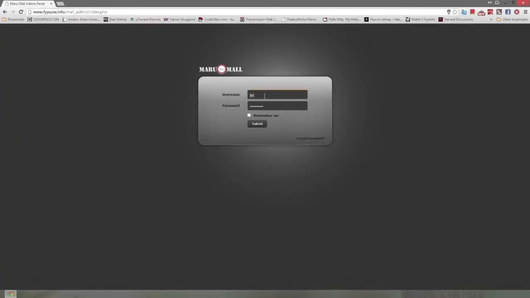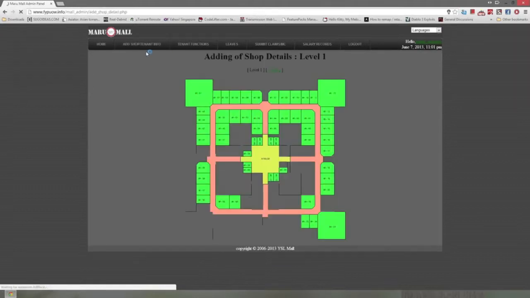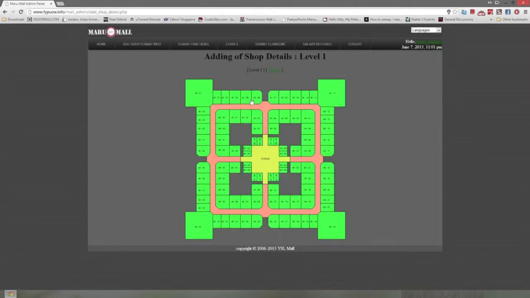Now we'll be logging in as the tenant manager. For tenant manager, what you can see down here is add shop and tenant info. For add shop details, all those in green are actually those shops that have already been added, the details